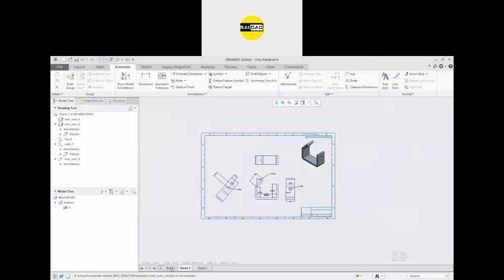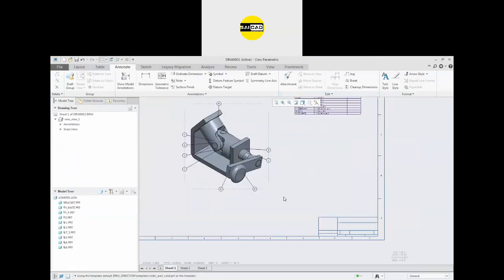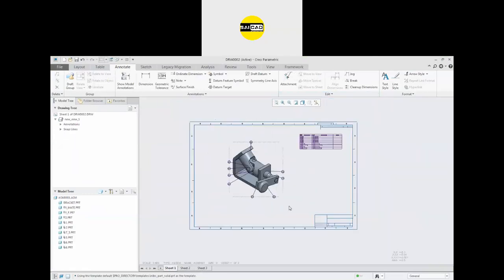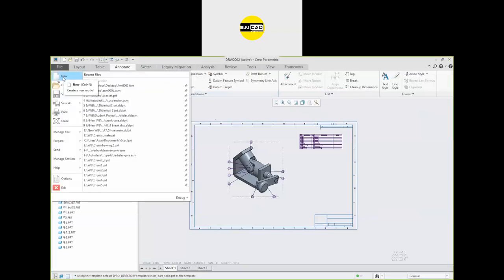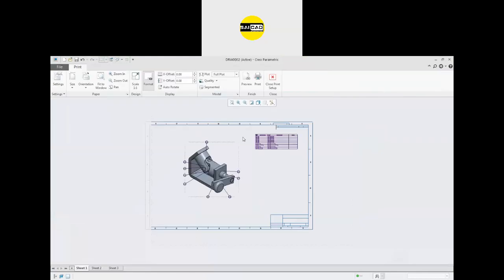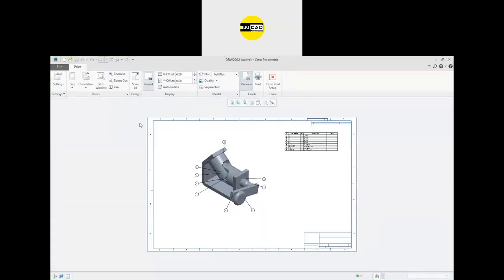Now, how to create the sheet directly, a complete sheet. To do that, just go to the print, okay, or here, and I have shown you yesterday how you can do that. So go to the preview first. You will see this is the preview. Everything is in the sheet.